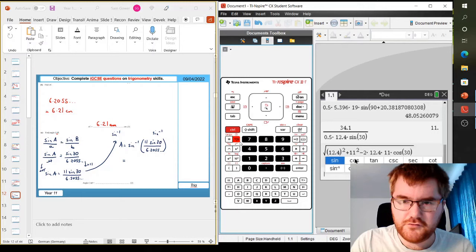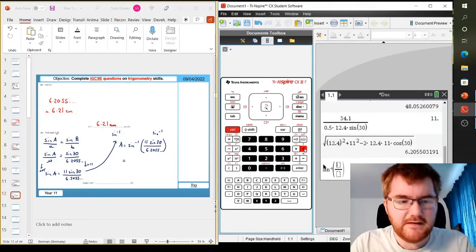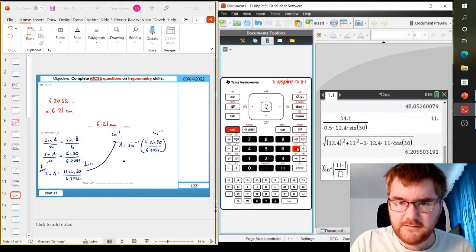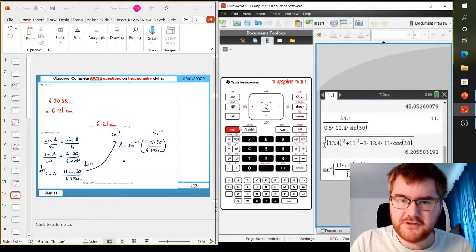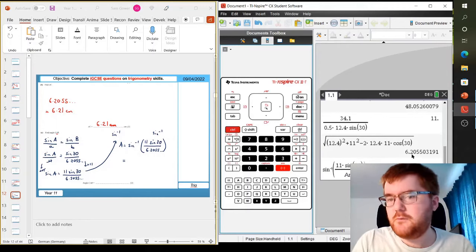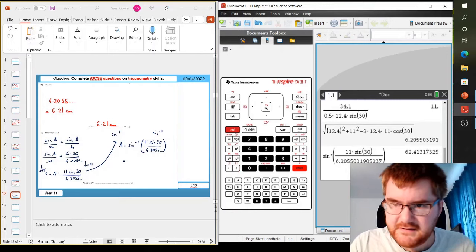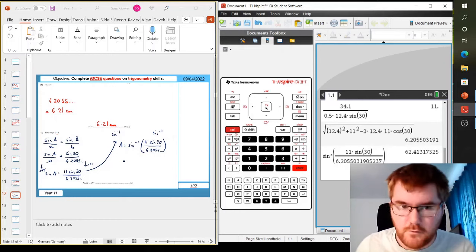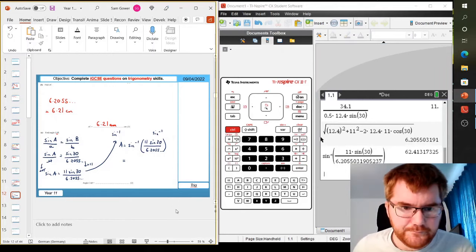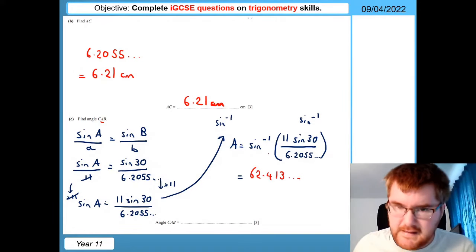So we start with trig sine inverse. Open up our fraction. So we have 11 times sine 30, close brackets, and now I can use the answer from the previous question. So I can go control answer. That will then take this answer here that I've just used. Let's make sure there's brackets there, and then we get our answer of 62.413, and that rounds then to